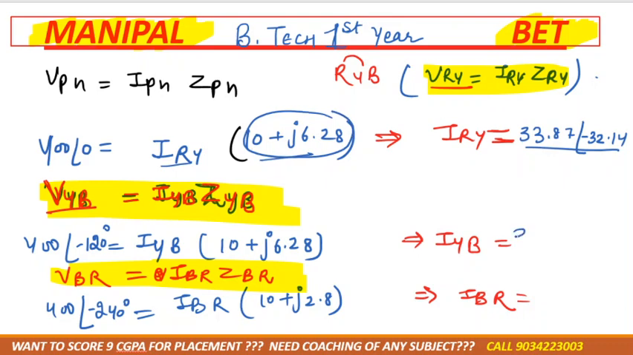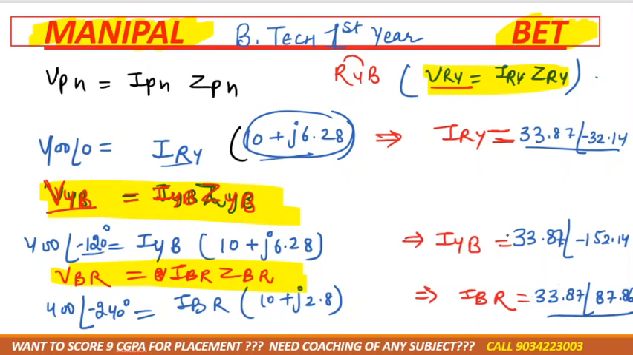Similarly, IYB, I'm telling you, 33.87, because the magnitude will be the same in all the cases. Now only there is an angle difference. Angle would be minus 152.14, and for the next one, 33.87, angle would be 87.86. Okay, so now this one, tell me, this IRY, IYB and IBR, these are the line currents or the